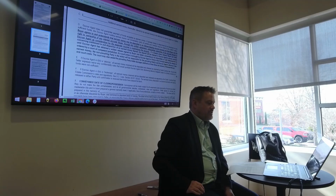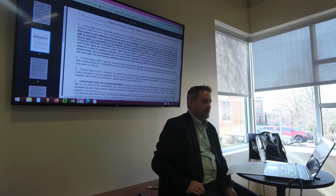And then paragraph E there is where I was just talking about. So if the escrow agent is an attorney, so if the attorney box is checked, the earnest money will be deposited and released as required by South Carolina law. And buyer and seller expressly waive any confidentiality rules that would prohibit escrow agent from disclosing failure to deposit funds